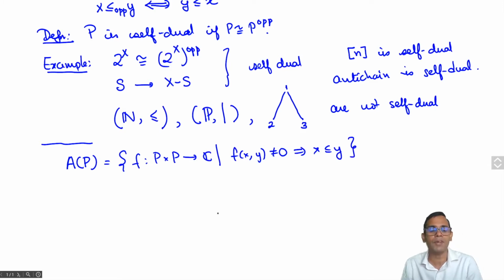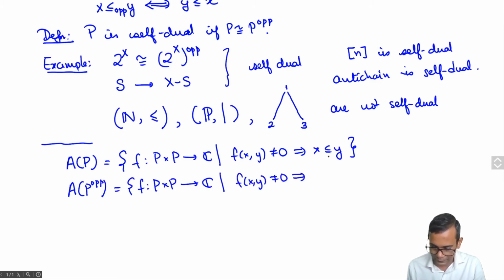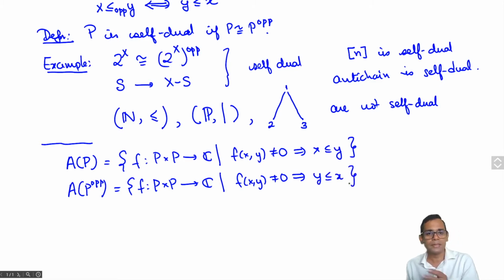And so if we are looking for functions in A(P op), these are functions from P op cross P op to C, which is the same as P cross P, and f of x y not equal to 0 implies that x is less than or equal to y in the opposite partial order, which means y is less than or equal to x. So this gives us an idea that we can try to relate the incidence algebra of P with the incidence algebra of P op by just flipping the two variables. So define